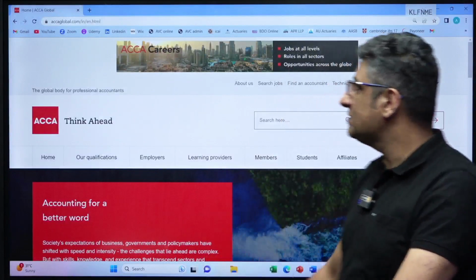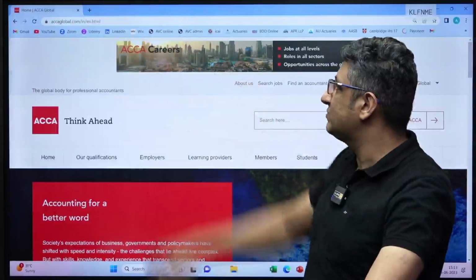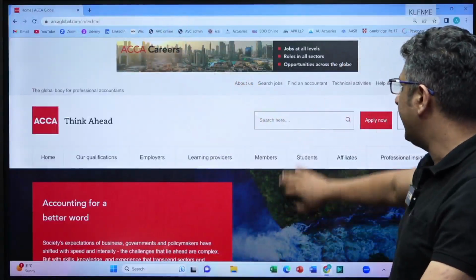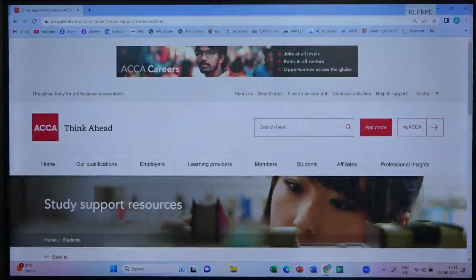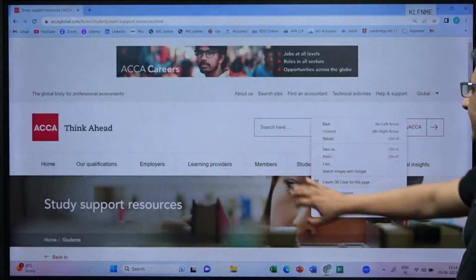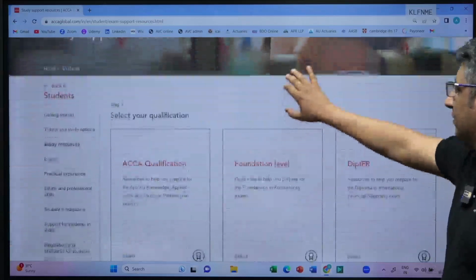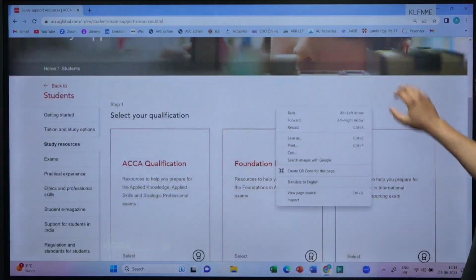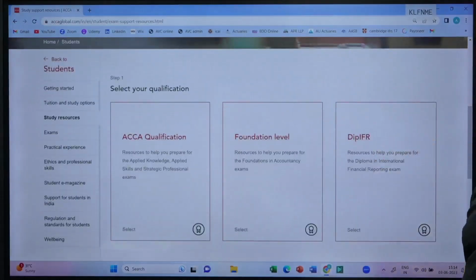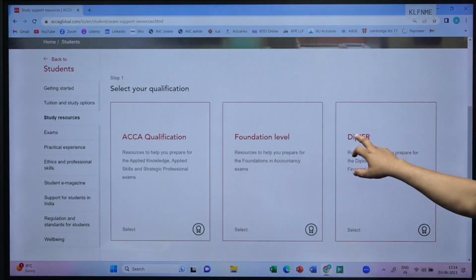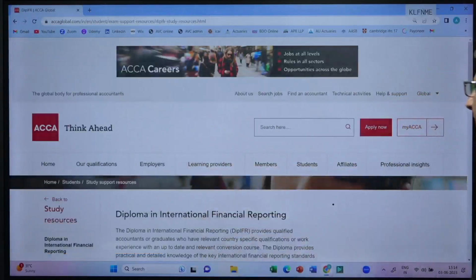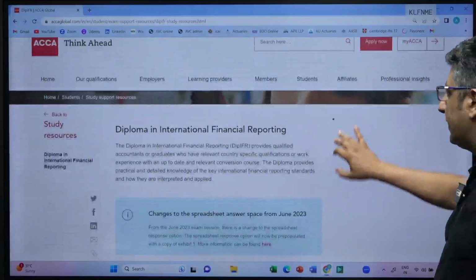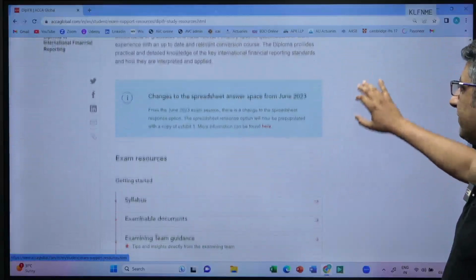So this is my ACCA Global's website, accaglobal.com. I can simply go to the home page, go to the end and click on the past exam papers. My past exam papers would ask me what qualification I want to check, from an examination perspective. I'm selecting DipIFR, and I would select this exam, DipIFR. Now, it would bring me to this particular page where it says